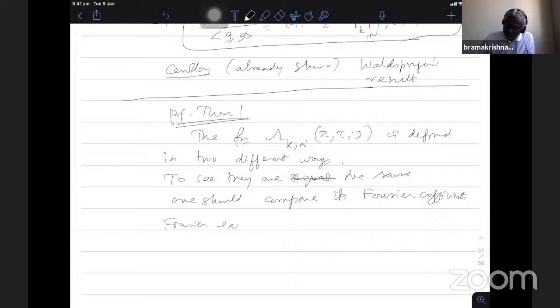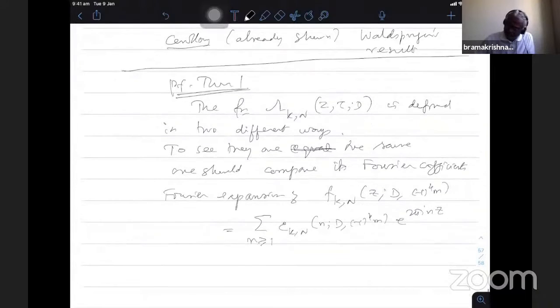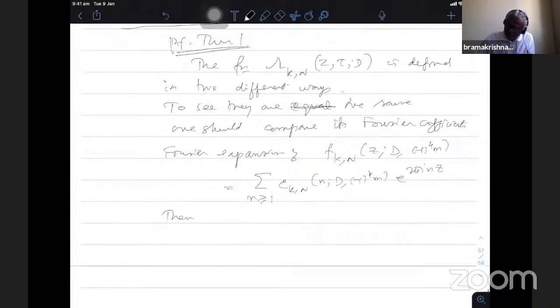The Fourier expansion of f_{k,n}(z, d, -1/4km) is equal to the sum of c_{k,n}(small n, d, -1/4km) e^{2 pi i n z}, where n is greater than or equal to 1. Then the c_{k,n} is given by